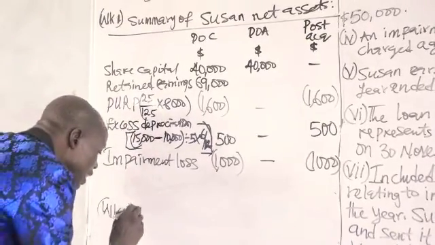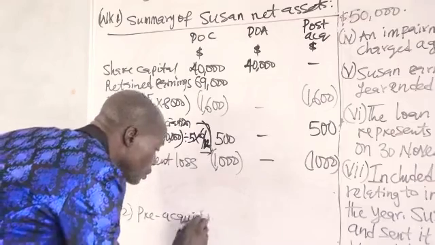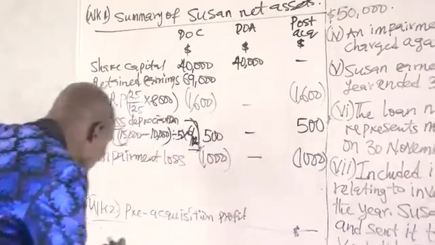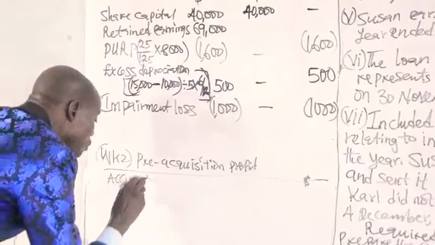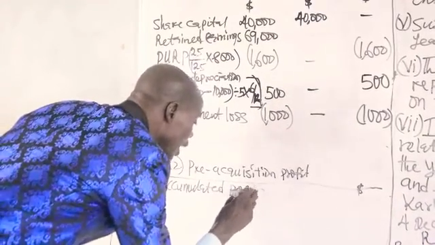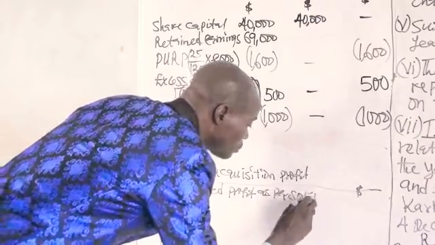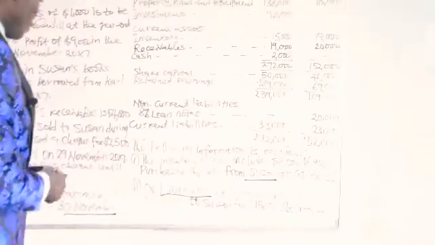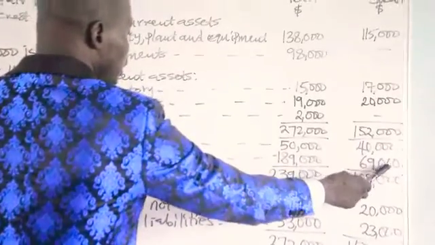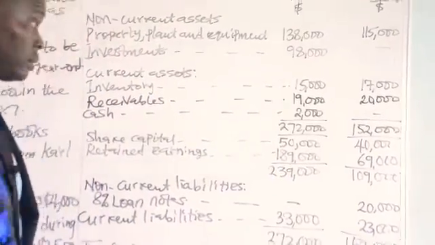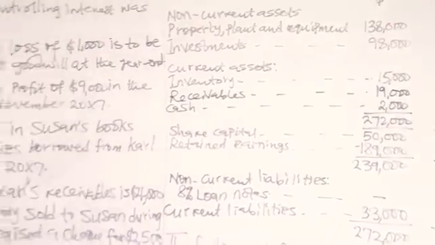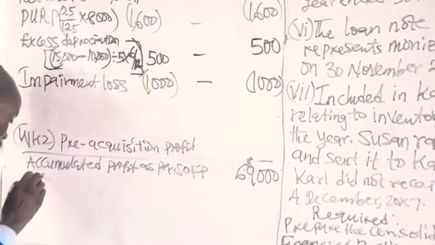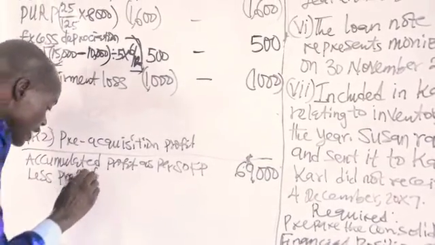Working 2, pre-acquisition profit. I've told you that to calculate the pre-acquisition profit, you start with the accumulated profit, as per the statement of financial position. I'm using the first format. The accumulated profit of the subsidiary, as per the statement of financial position, is 69,000. You put down 69,000. Then from that profit, you have less profit for the year